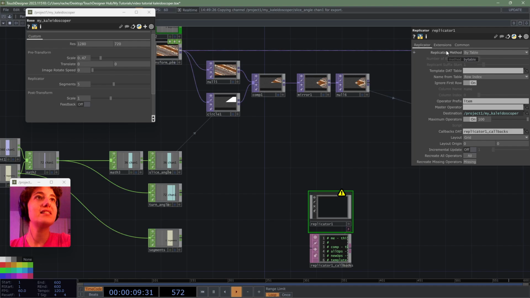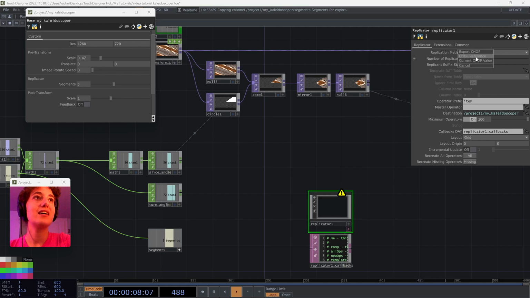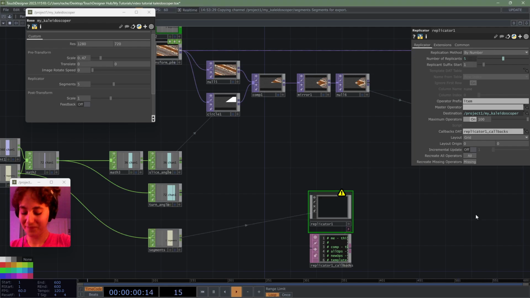So instead of replication method by table, we want it by number, and we want to activate this and drag the number of segments into number of replicants. Okay, excellent. I want the layout of this to be vertical,